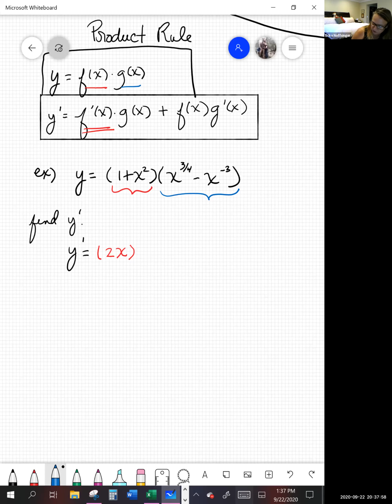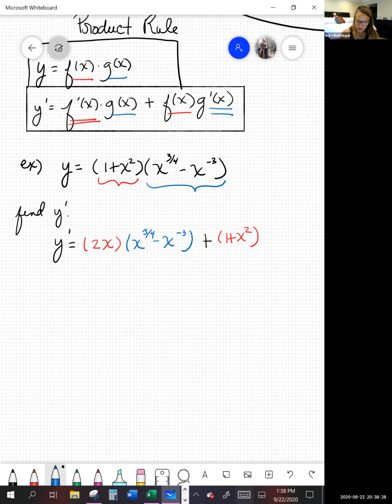Times the second function, what we originally had for the second function, x to the 3/4 minus x to the negative 3rd, plus the first function, which was this 1 plus x squared, and then it was times the derivative of the second. The derivative of the second, we've got to use that general power rule. So bring our power down front. So that gives us 3/4